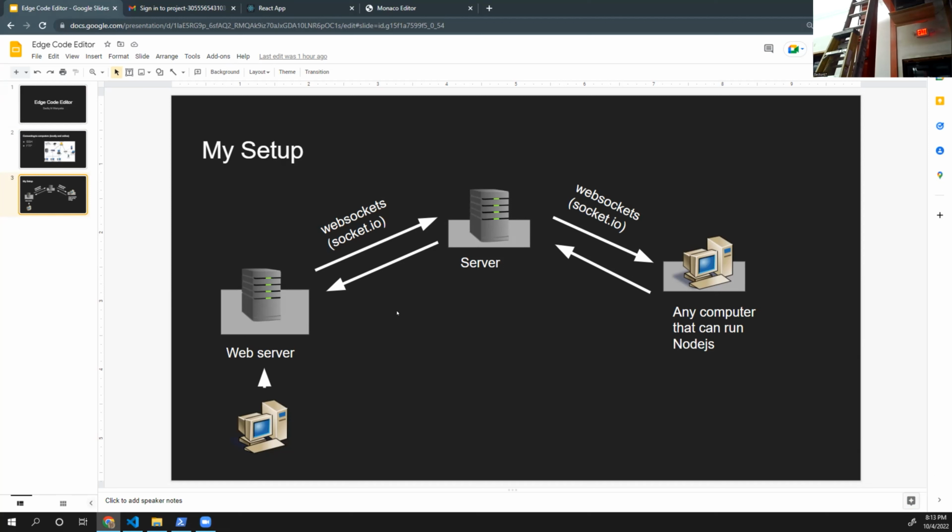What's happening here is I'm using socket.io. It's a library that has implemented WebSockets within it. And I'm leveraging that to build this system where I'm going to be transferring files from a computer, or anything, Raspberry Pi, whatever computer, as long as it runs Node.js. For those who don't know what Node.js is, it's something that makes JavaScript run on a computer, not in a browser, just like any language like Java or C#, C++.